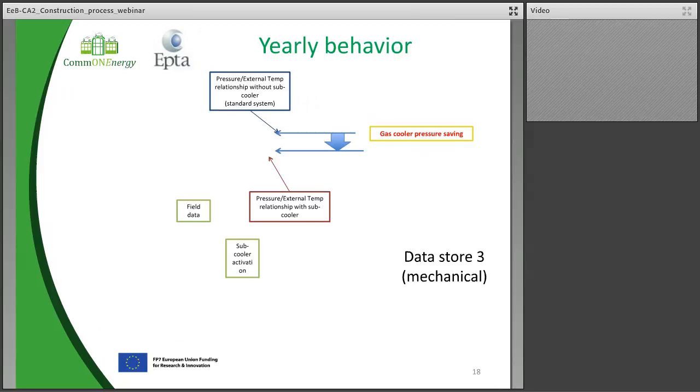I guess we have an issue on the presentation because there is a figure that is not there. So, it is